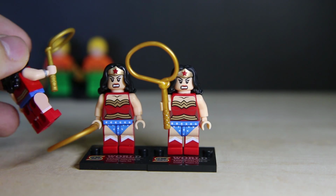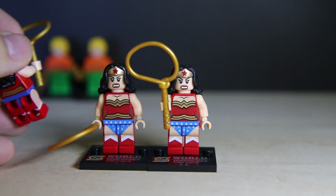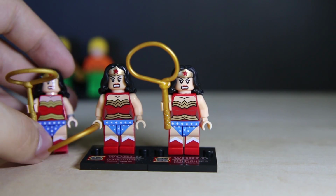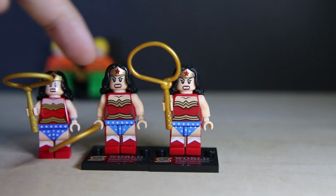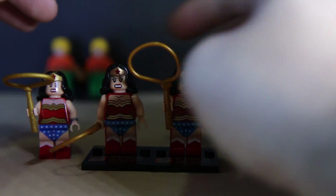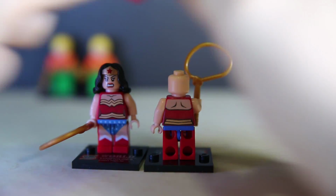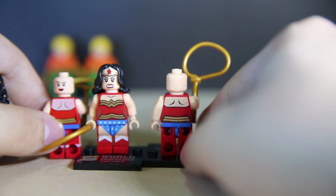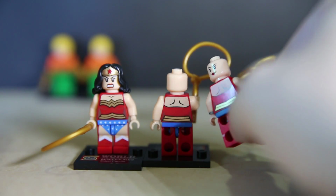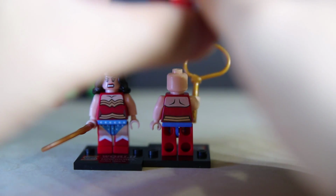Real Wonder Woman also has side legs painted. Those white lines I added myself. And the colour is a bit more dull on the bootleg. Like, it's not as gold. Because it doesn't have back face print. But again, the skin color actually matches skin color, whereas the official one is just kind of red. Which is annoying. It's just Lego cheaping out on